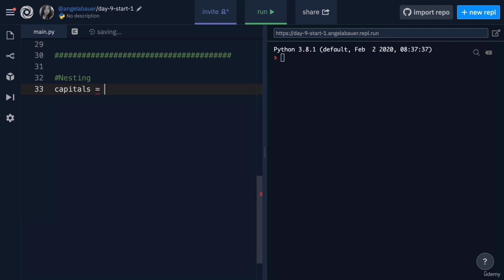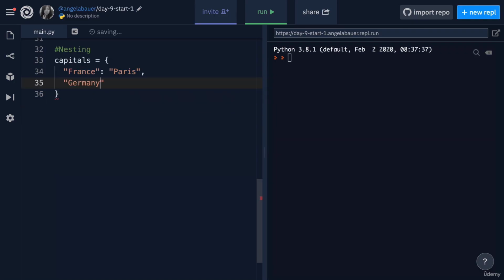For example, this could be a dictionary that contains the country as the key and the city, that is the capital, as the value. So for France, that's Paris. For Germany, that's Berlin. This is a very simple dictionary that you've seen already. Now, if I wanted to nest a list in a dictionary, then I would be able to represent even more complex data. For example, if I had a travel log,